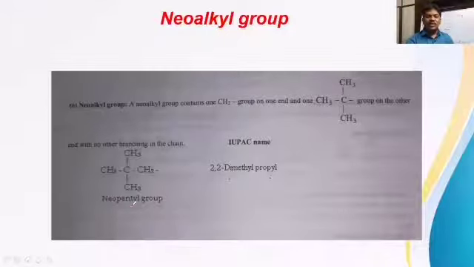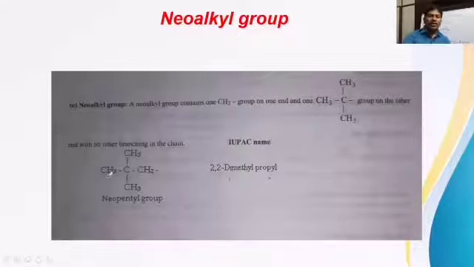Why is it called pentyl? You check it. Totally 5 carbons here. 5 carbons C5 and H11. 3, 3, 3 and 2. So total 11 hydrogens there. 5 carbons here. So C5H11 group is what? Pentyl. And neopentyl it is in common name system. And in IUPAC system, 2,2 dimethyl propyl.